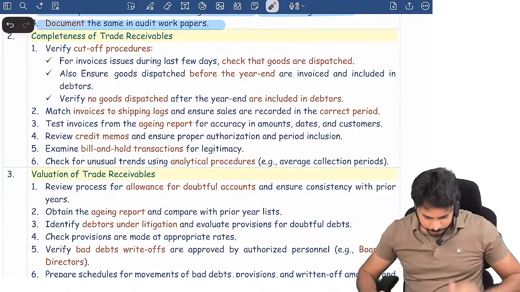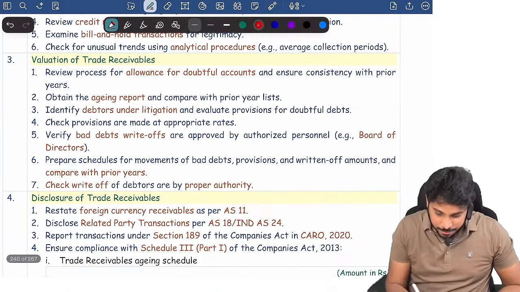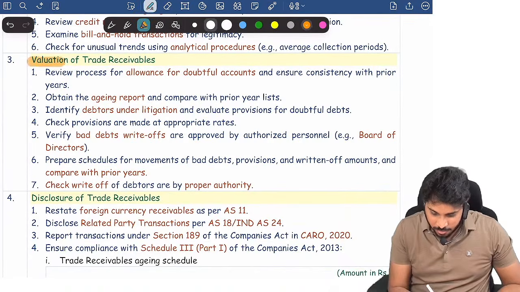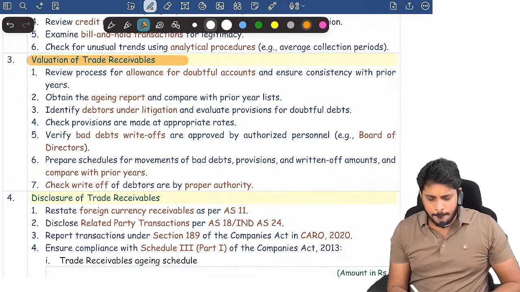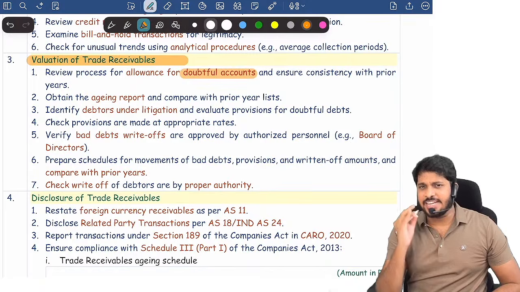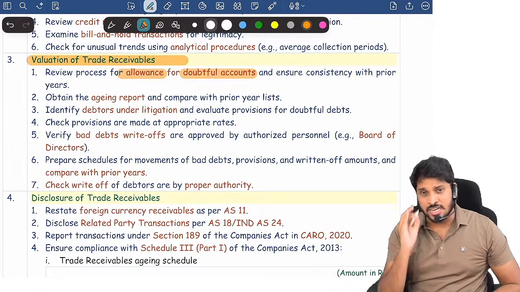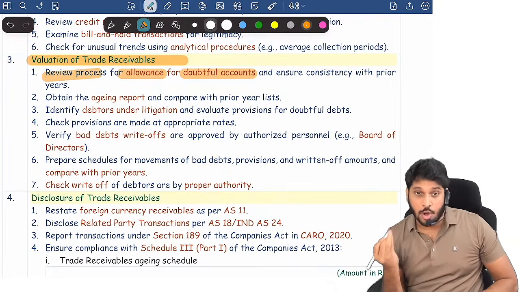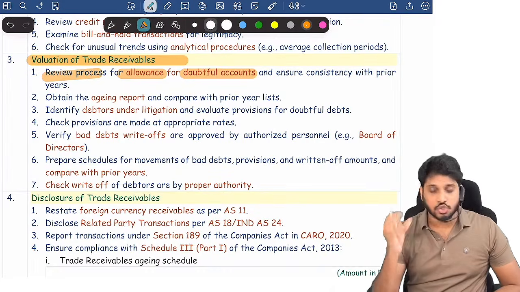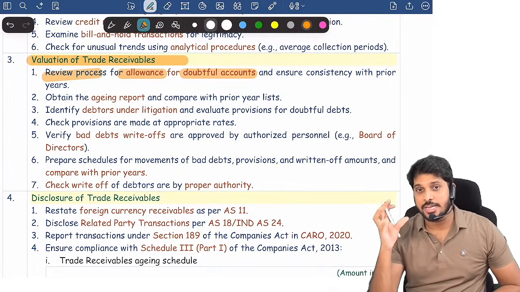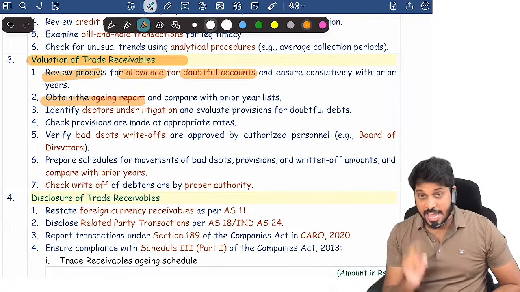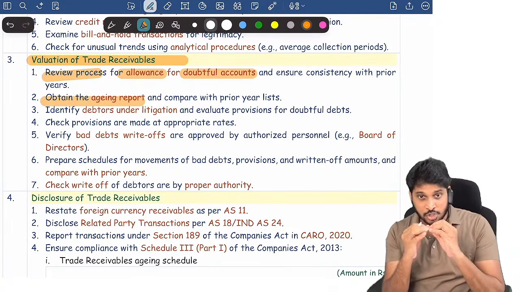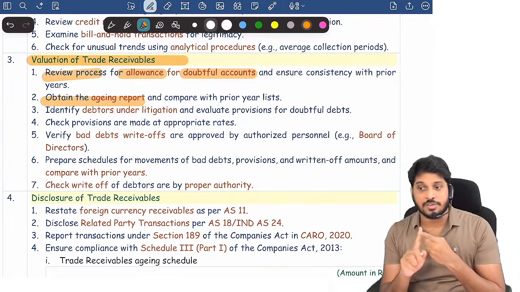That's it, guys. Valuation, another important aspect in trade receivable is valuation, guys. See how companies identify doubtful debts and calculate allowance, provision for bad and doubtful debts. Review the process followed by the company for identifying slow debtors and then creating provision. Obtain the aging report. The best way to calculate provision for debtors is first to look at the age of